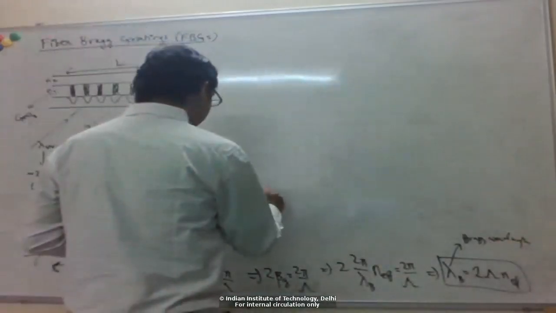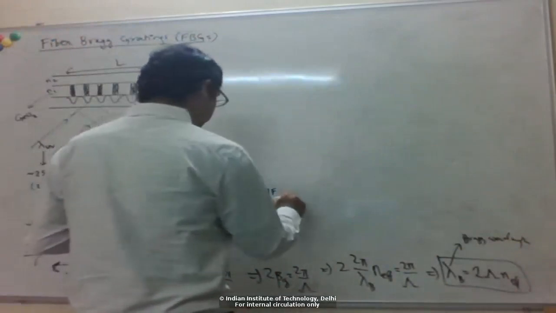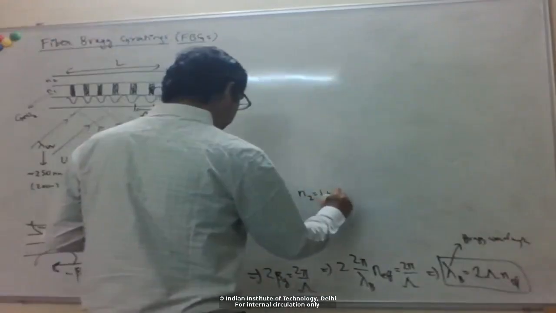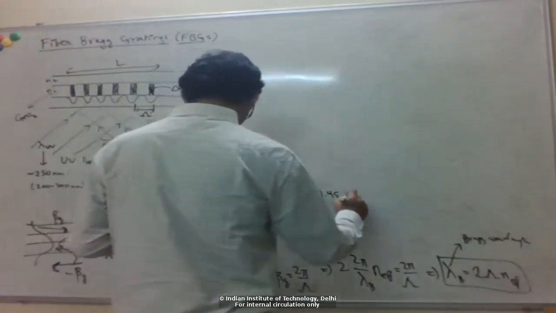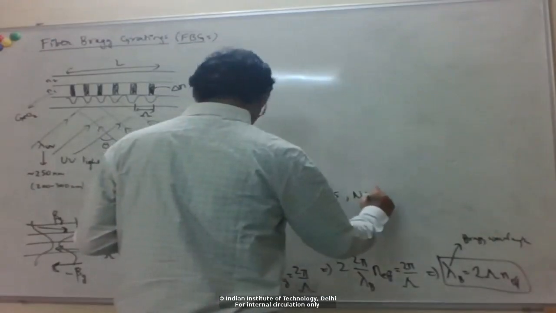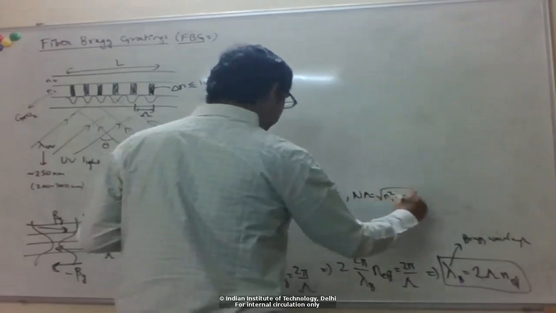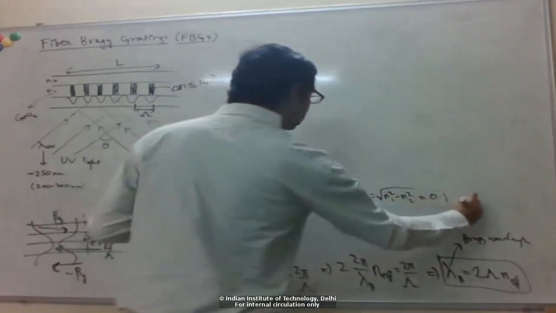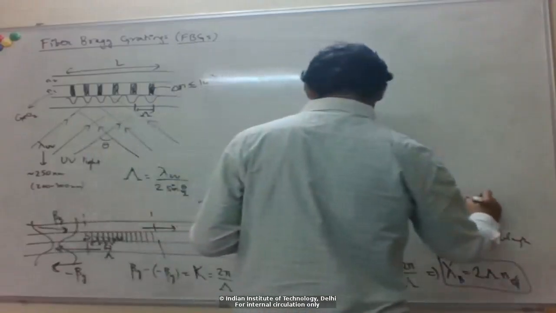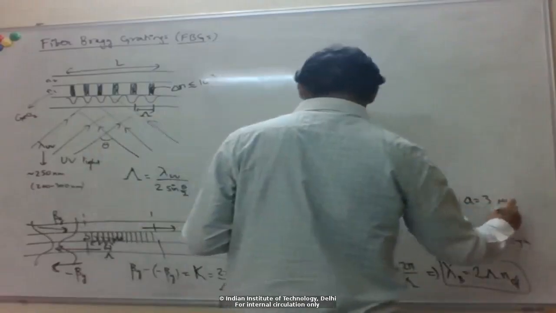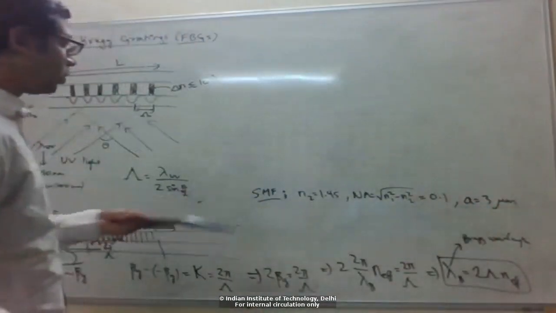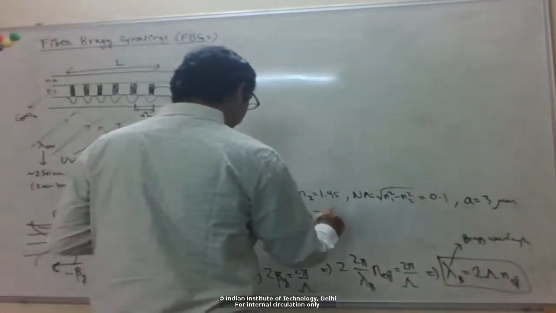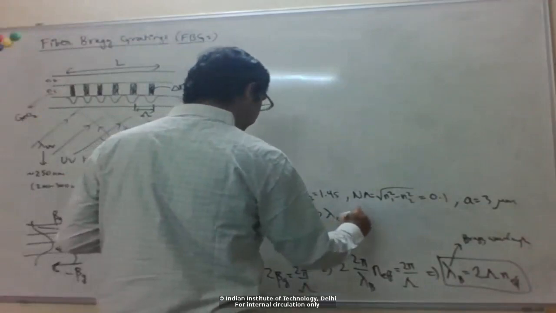So, for example, if you take the standard single mode step index fiber, right? So you have a core carrying index 1.45. This numerical aperture defined like this is about 0.1. Core radius about 3 micron. Okay, so if you take these parameters, basically the fiber acts as single mode for wavelengths greater than